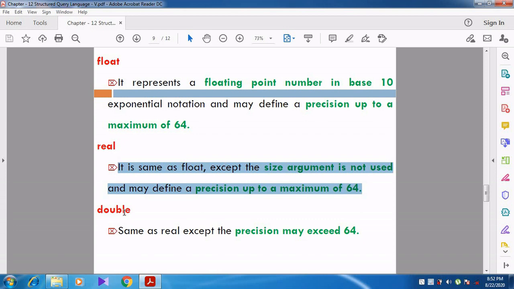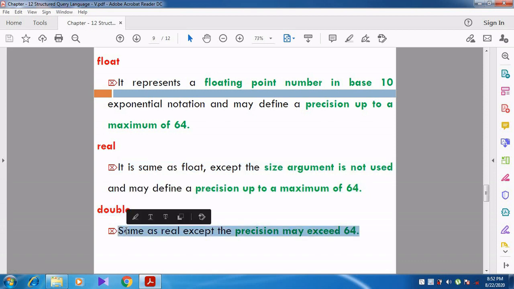Then see the double. Same as real, except the precision may exceed 64. So double, we know very well, is double the float. The range of float is 7 digits. After the decimal point, a floating point value can have 7 digits, whereas double can accept 14 digits.